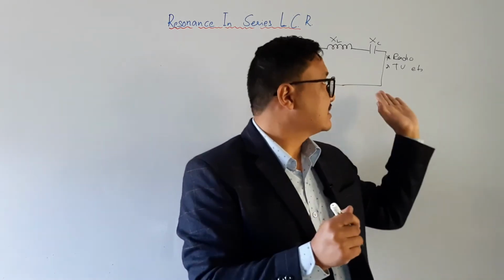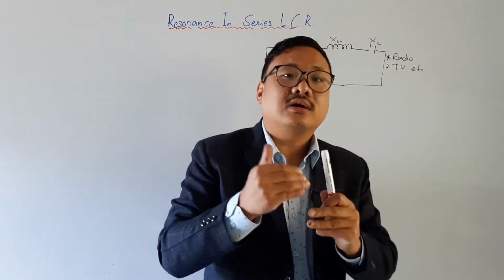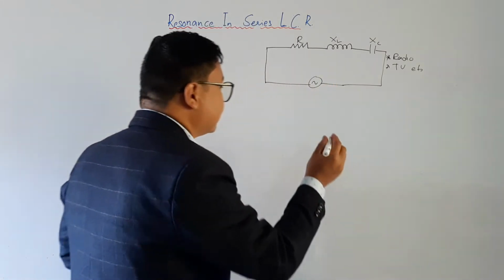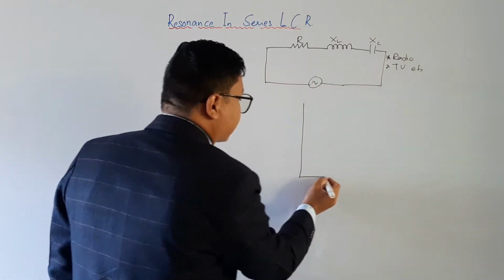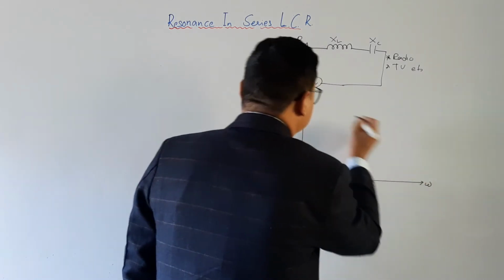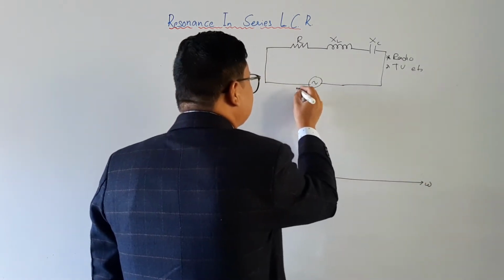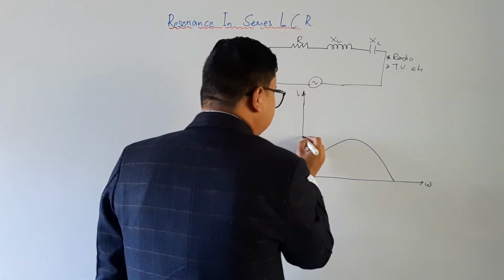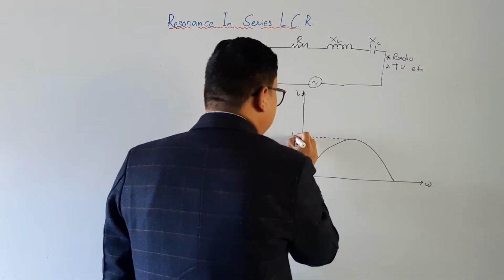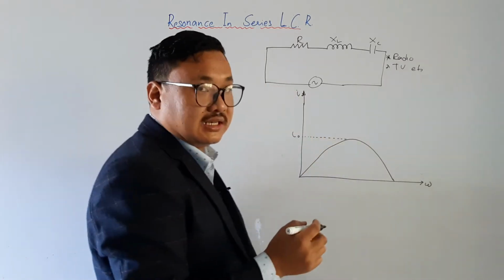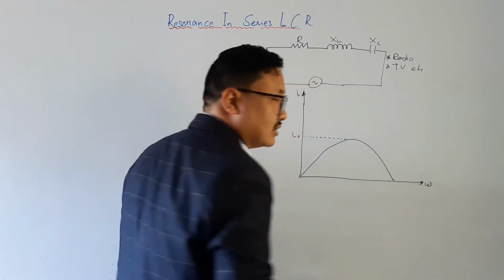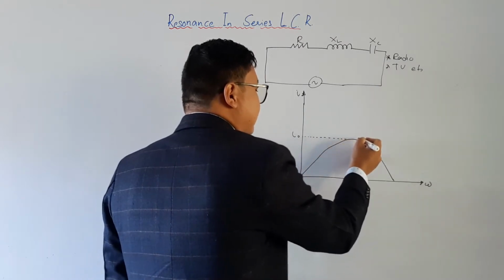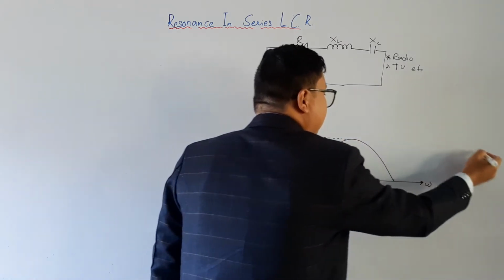Now what happens in these circuits is that the current is oscillating. There is always current, there is always voltage. To understand this, let us consider this diagram. This is my omega, this is my current I, and this is the oscillation of current. This is the maximum current, which is I naught. Omega is the angular frequency of the current, and it oscillates like this: it goes from 0, reaches maximum, goes to 0, and keeps on oscillating.